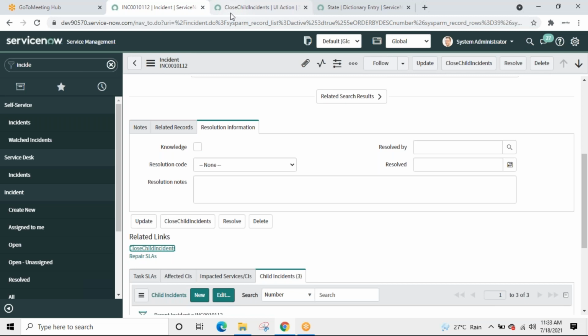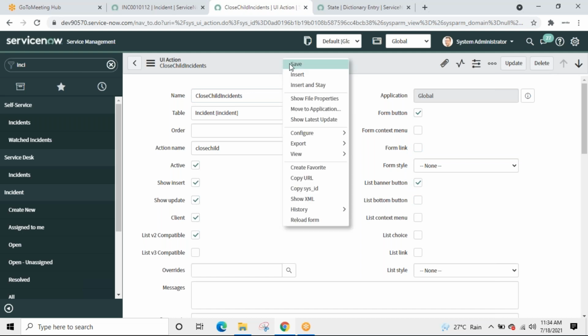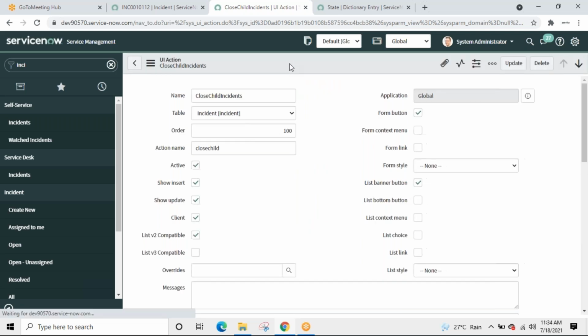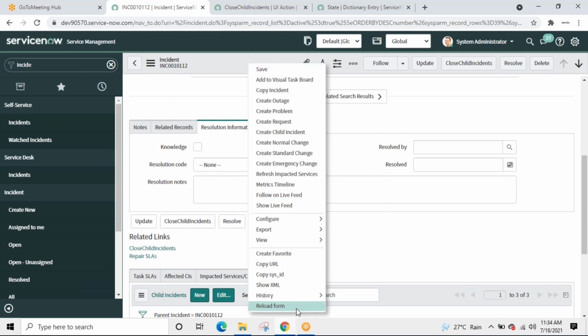Where is it? Uncheck. List banner button. Let us like this. Save. Reload.